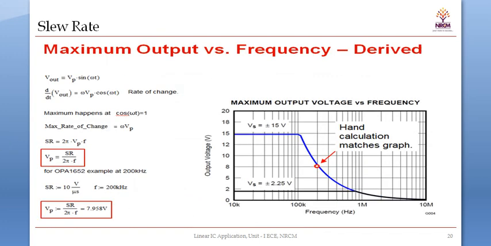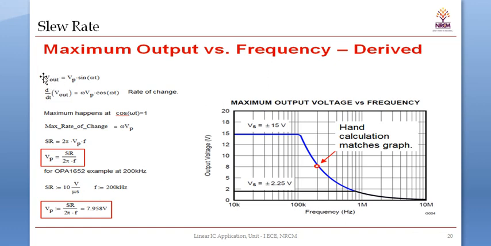So here the output voltage is Vp sine omega t. So the definition is maximum rate of change of output voltage per unit time. So here the output voltage expected is Vp sine omega t, and d/dt of V out is equal to,